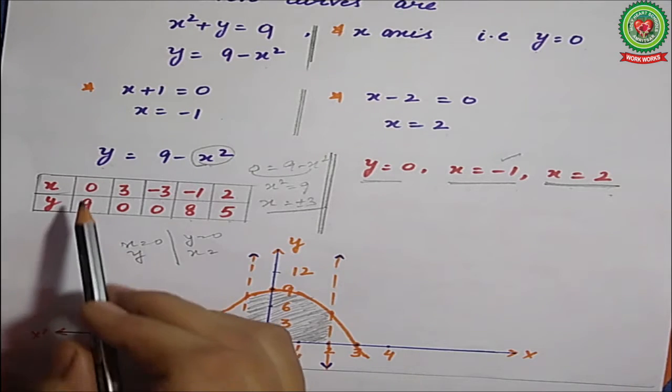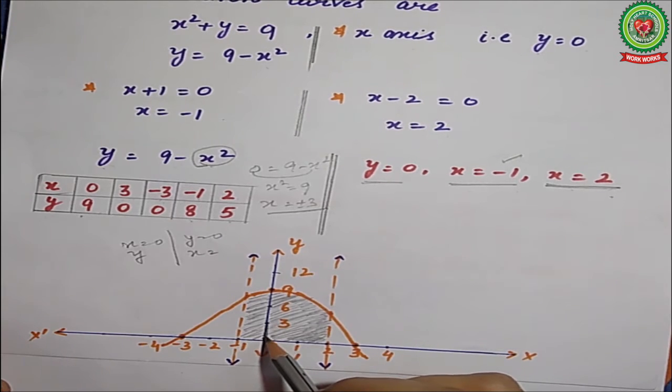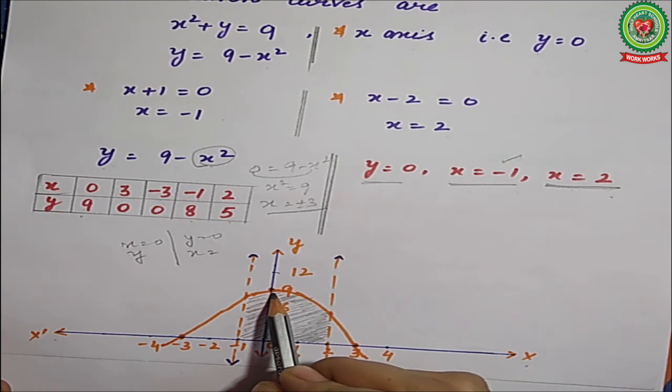First of all, x is equal to 0 at the origin. You can take the interval as you like. You can take interval 1, 2, 3, 4 also. I am taking interval 1 scale, and the scale I am taking here is 3 at the y-axis also. And for the x-axis, 1 centimeter is equal to 1 unit. Now for x is 0, the point is 9 there.